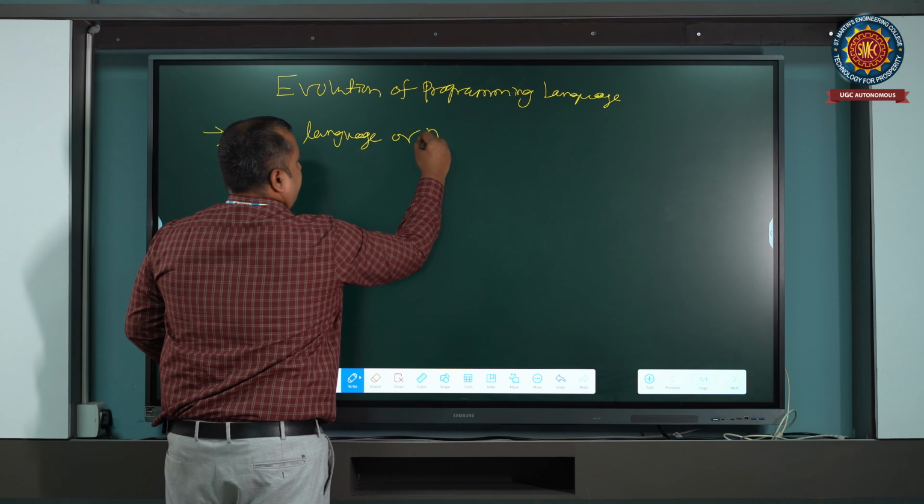What is the problem today in the computer industry? We need to protect our data. So I will compare procedure oriented programming language versus object oriented programming language. In procedure oriented programming, it follows the top down approach, whereas in object oriented programming, it follows the bottom up approach, bottom to top. In procedure oriented programming, the importance is given to the functions. Here the importance is given to the objects.